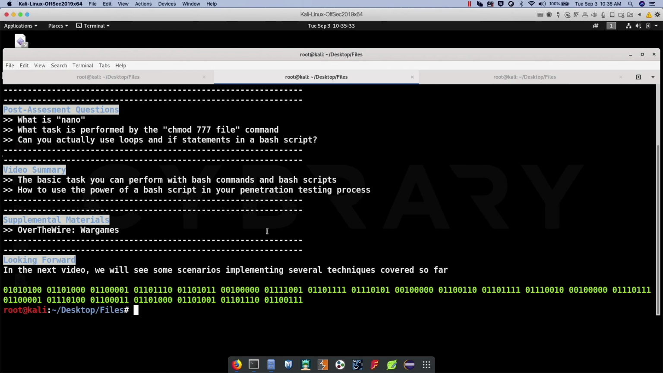Looking forward, in the next video, we'll see some scenarios implementing several techniques that we have covered so far, like bash scripts, Linux services, and Linux commands. We'll see a combination of them, and we'll see how we can use that in a penetration testing